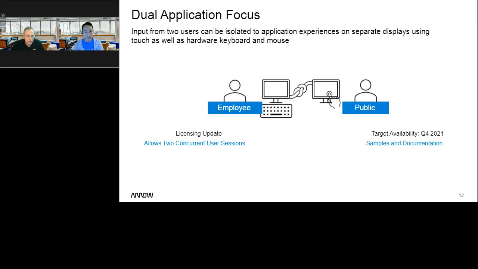Exactly. We'll start with dual application focus, which is a new feature for this product, but it isn't released yet. If you notice on the right, its target availability is Q4. I think Microsoft was really trying to get this in the final product, but they didn't. They are still working on it, and it is hopefully going to be available very soon. We're already in Q4 2021, so it should be coming out soon. I was going to check for an update on it before this, but I didn't get time. I have a feeling they'll work out the issues and get it working.